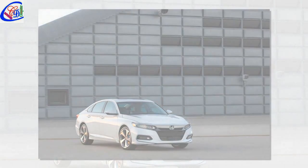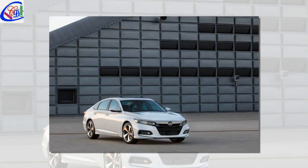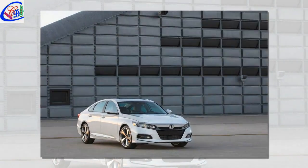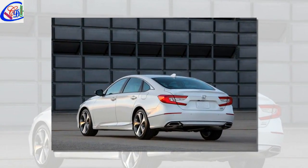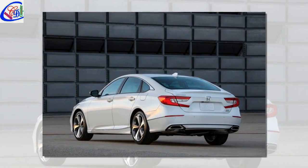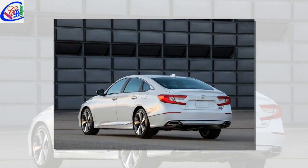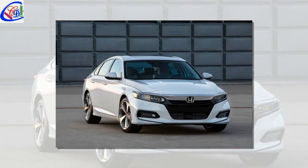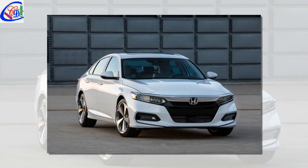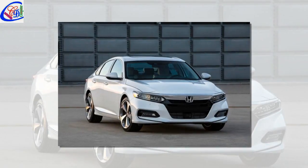In comparison with the outgoing car, the wheelbase is up by a substantial 2.2 inches, overall length down by 0.4 inch, height is down by 0.6 inch, and width is up by 0.4 inch. The tracks are increased up front by 0.2 inch, and at the rear 0.8, and the overhangs front and rear also have been reduced. A noise abatement plan very similar to the latest Odysseys includes the first ever application of